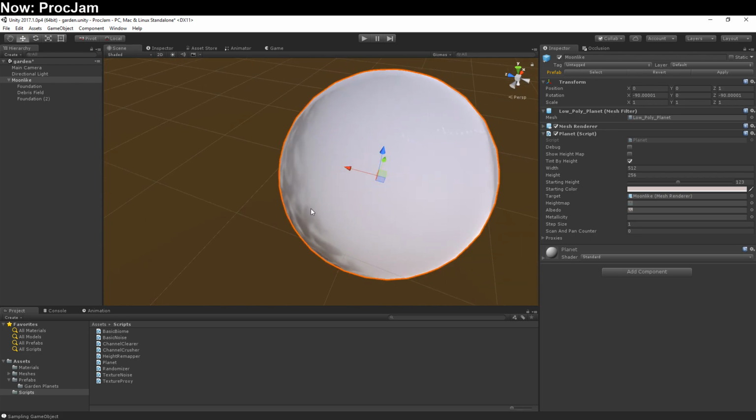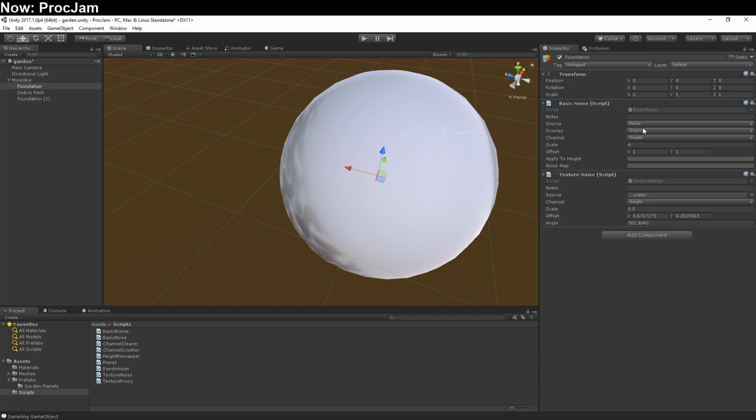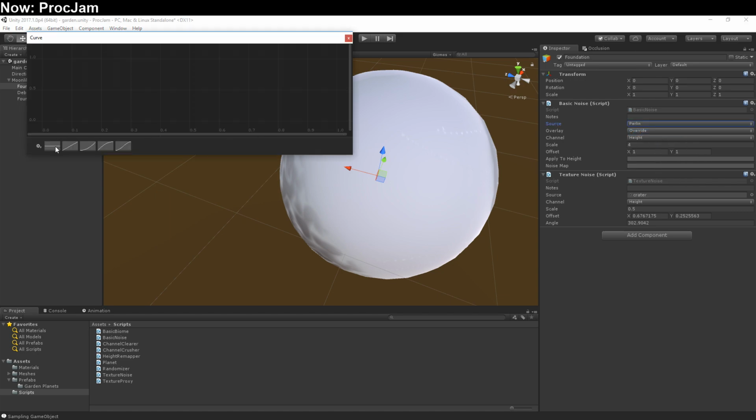So this is not too bad. What I also need to do is rough up the surface just in general. Now this foundation is certainly not a foundation. It's just a giant crater impact. But we can add in a basic noise field. And we could try some of these various kinds of noises, but I think that a Perlin noise with a mid-pass is probably going to be just fine